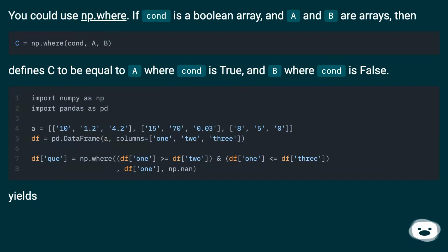You could use np.where. If cond is a Boolean array, and a and b are arrays, then define c to be equal to a where cond is true, and b where cond is false. Yields: